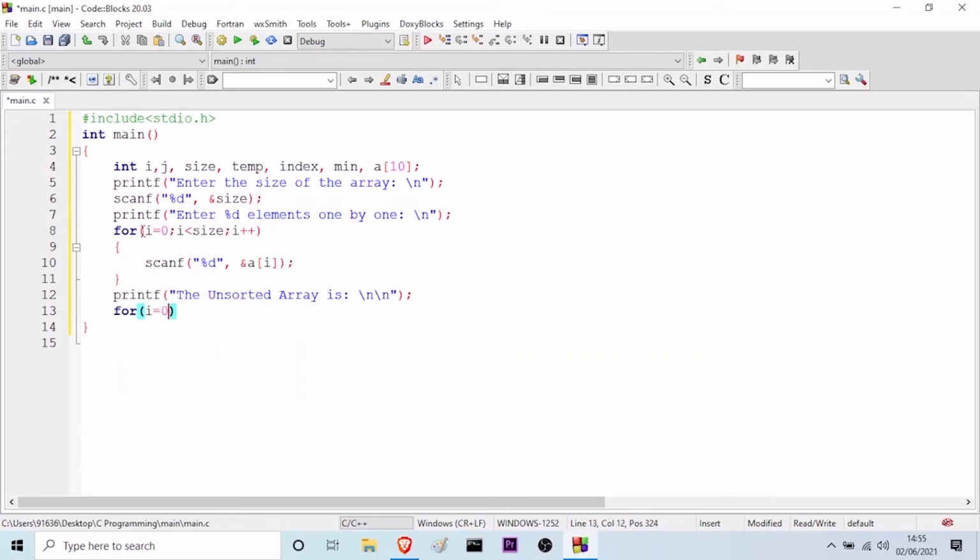I equal to 0, I less than size, I plus plus, and I will use the printf function so that I can print the unsorted array. %d, oh I have to give the quote also, %d, and so that I can give a particular distance between the elements, I will use the \t, which is the tab character,